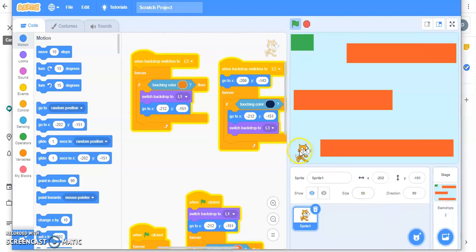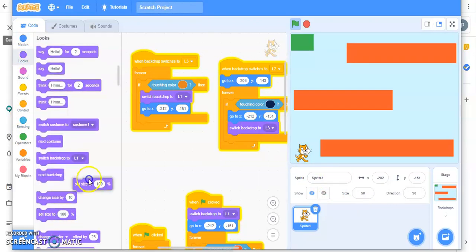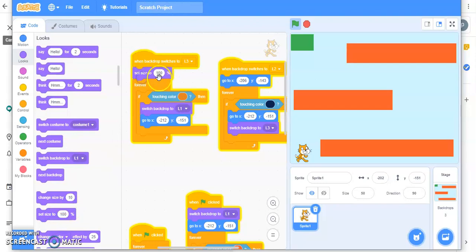You can reduce the size further also. What you can do is, in the next level you can either increase or decrease the size. For example, when this cat switches to backdrop 3, I can increase the size. So go to looks, set size to, right now it is 50%, I can make it 60%.